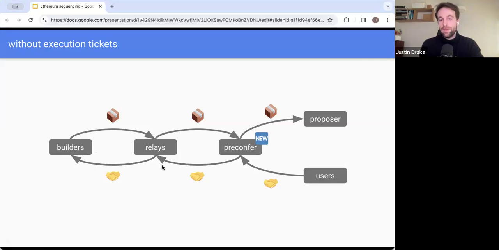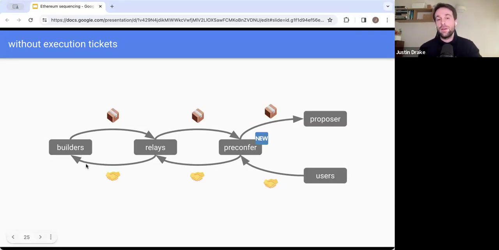So that's one thing. Another thing I'll mention is that the relays actually now need to make sure that the blocks respect the pre-confirmations. And in the context of optimistic relaying, that means that the builders need to be collateralized for the maximum penalty that can be caused from not respecting the pre-confirmations by the pre-confer, right? Because let's say the builders build a block that doesn't respect the pre-confirmations, the pre-confer is on the hook. And so they need to be compensated by the bad builder that built a bad block.